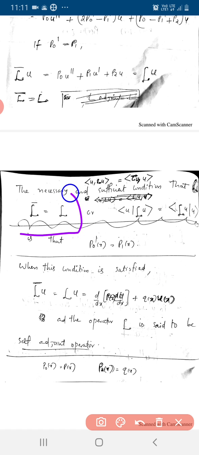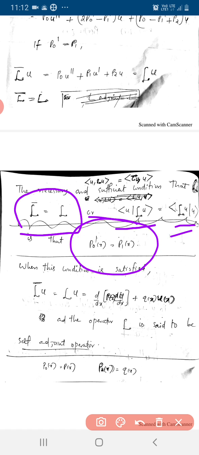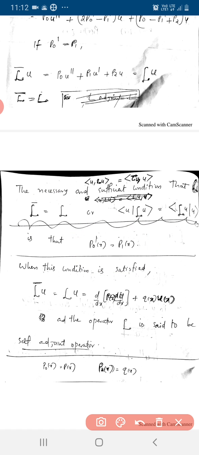So we have this L adjoint equal to L. That means the inner product of U with LU is equal to the inner product of LU with U. Actually it is L adjoint, but since L adjoint is L, it is the inner product of LU with U. The condition is P0 prime x is equal to P1 of x. So when this condition is satisfied,